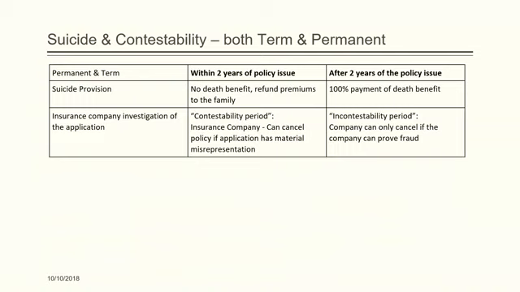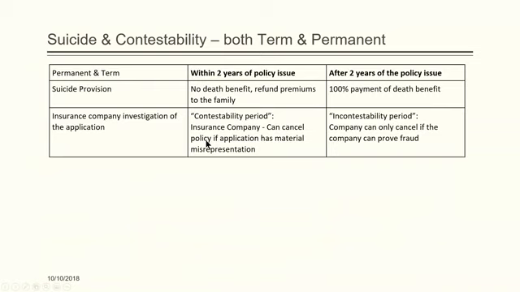Second is incontestability. What we're talking about here is, does the insurance company have the right to investigate the application, what the client wrote? Many times the client fills out an application and the company may not do any tests or any investigation. If it's a small amount, sometimes 100,000 or 250,000, they will just issue the policy. The company has 2 years from the date of policy issue, called the contestability period. The company can look into the details of the application,